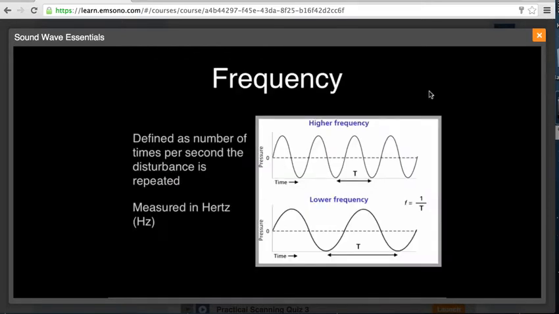Now let's take a closer look at frequency. Here you have two different sound waves. The top one here is a higher frequency sound wave, the bottom one is a lower frequency sound wave. As you would expect, the higher frequency sound wave is going to have more cycles per second. Now, this is important